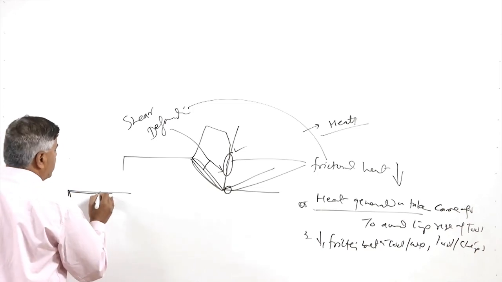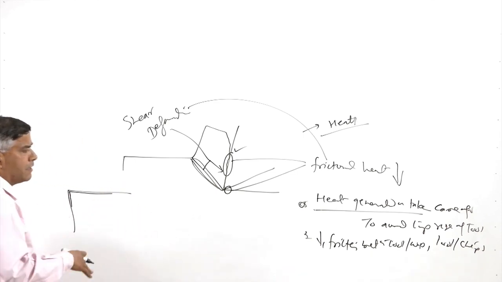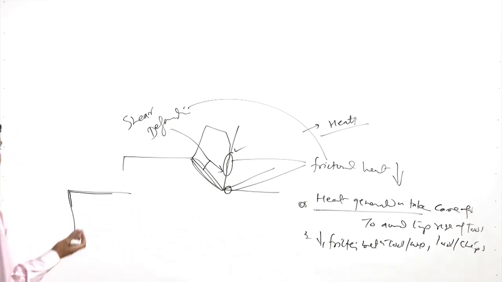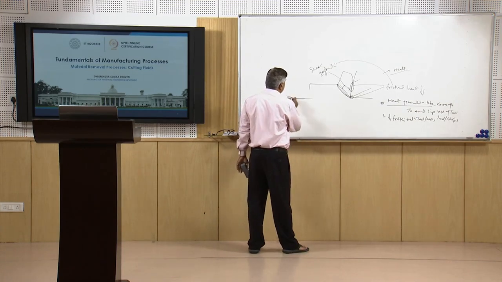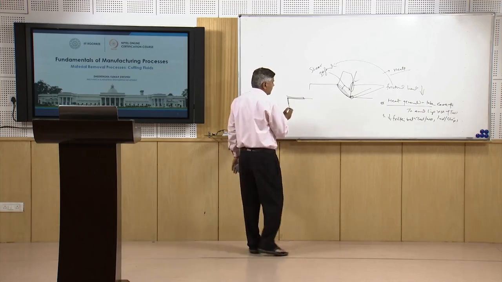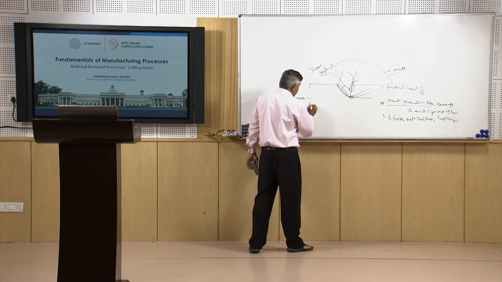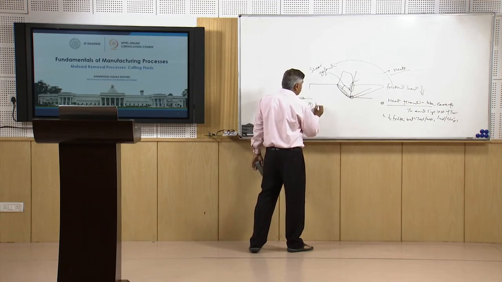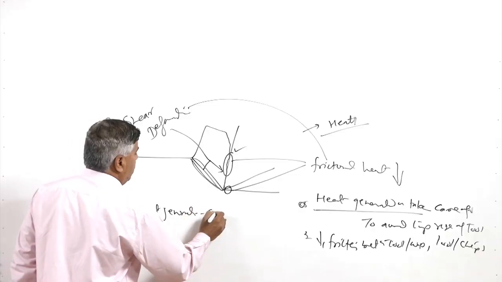So, it leads to the loss of the material by the adhesion, abrasion, diffusion, chemical reaction as well as deformation. At the same time, rubbing of the chip with the tool also causes wear due to the friction. So, we need to take care of the heat generation aspect,